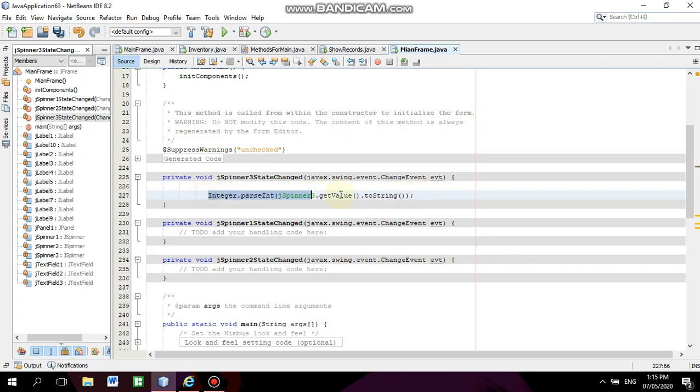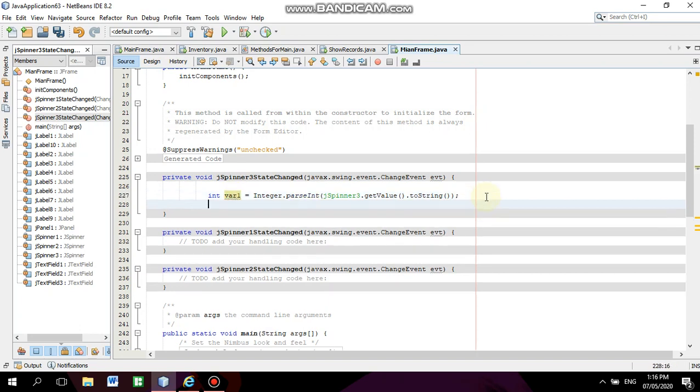So we are going to be needing another int to store the value in this code. Okay, so of course it will return int, so we're going to create an int variable, int var1, for instance, is equals to Integer.parseInt. So the value of this code that is already integer will go to the var1,